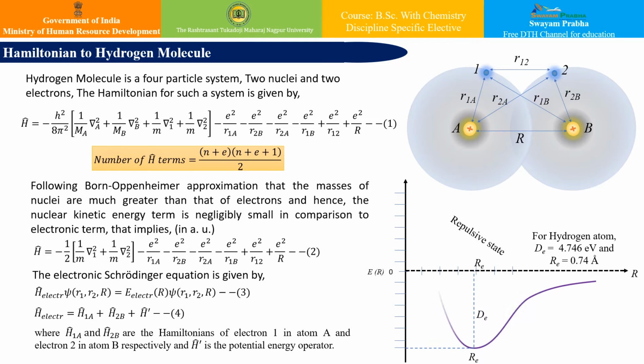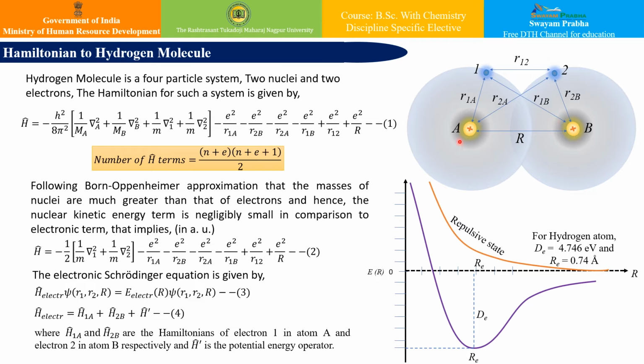Friends, in this lecture to begin with, we will first need to see the setting up of the Hamiltonian for the hydrogen molecule. That way it is very interesting because this hydrogen molecule is a four body system. Herein you can see in this figure, this is hydrogen atom A, this is hydrogen atom B, and these are the two electrons designated for hydrogen atom A and hydrogen atom B. Let us call the electron designated as 1 as belonging to hydrogen atom A, and the electron designated as 2 as belonging to hydrogen atom B.